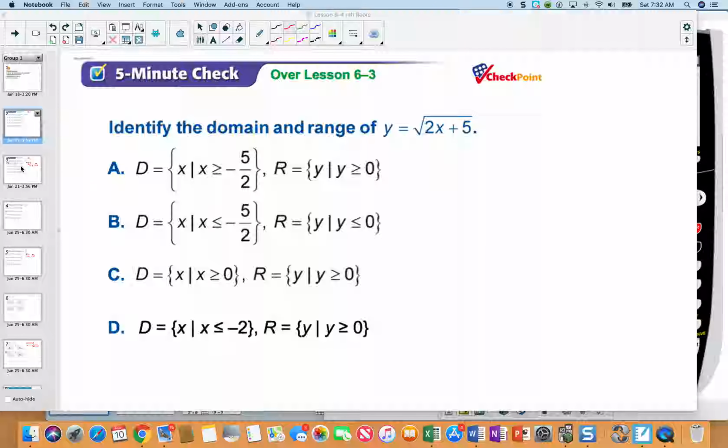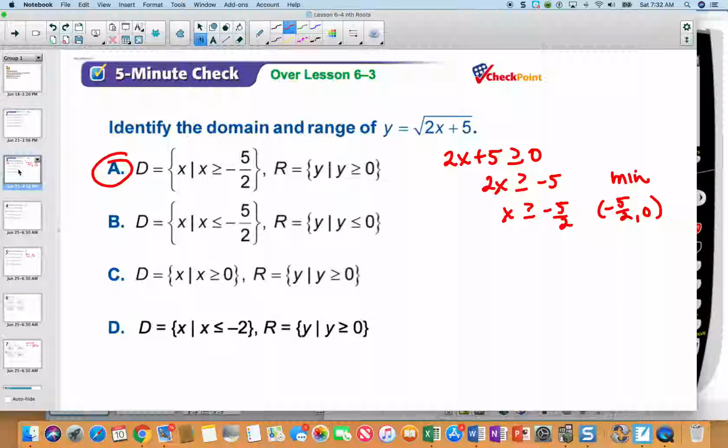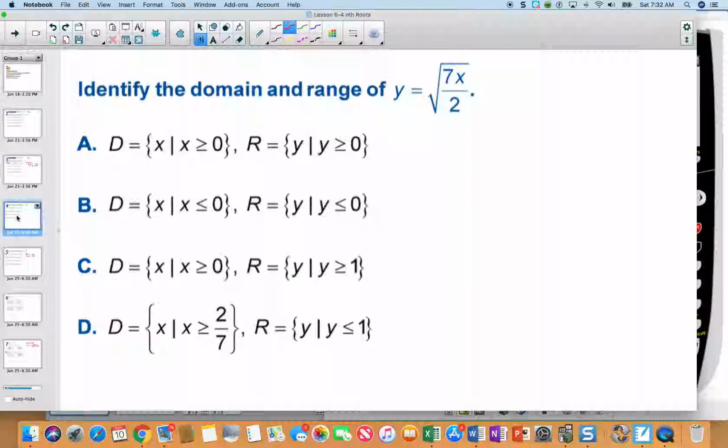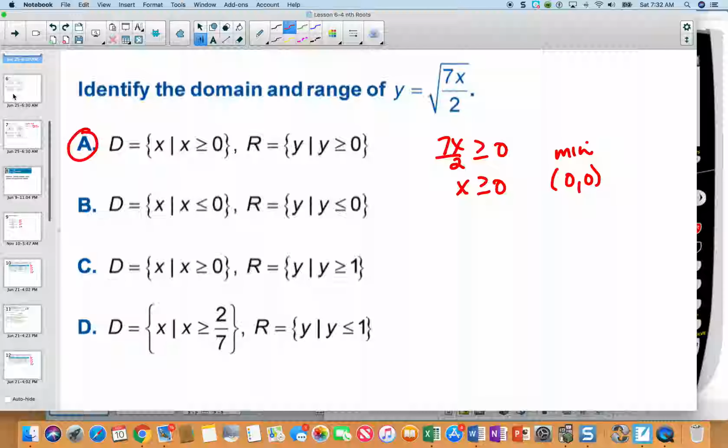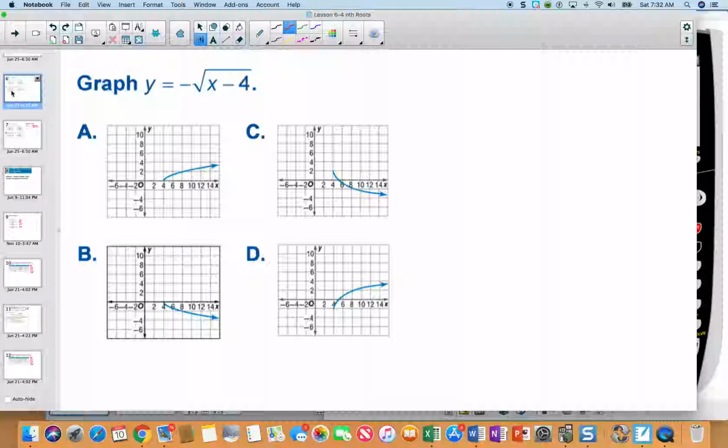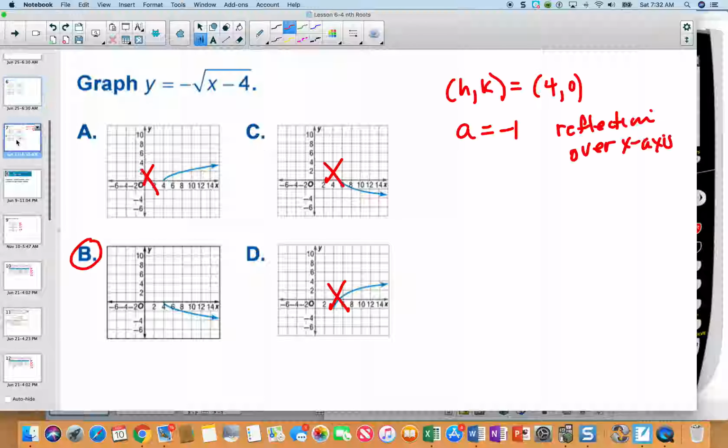Pause. And here's the answer. Pause. And here's the answer. Pause. And here's the answer. I found the